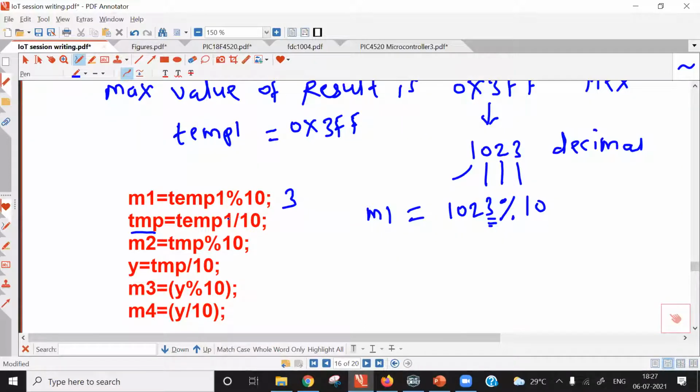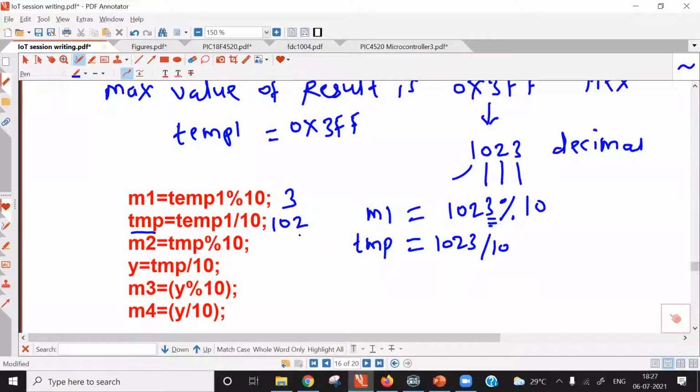In conventional division, we will not save any remainder. We will get only quotient. So with the second instruction, temp is equal to 1023 divided by 10. So result will be 102. After executing the second instruction, what we get here is 102.